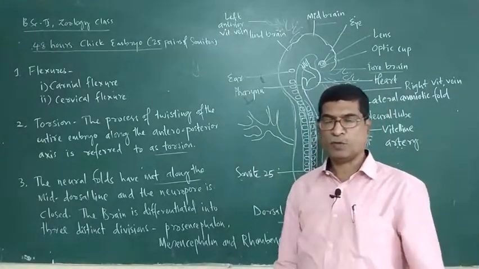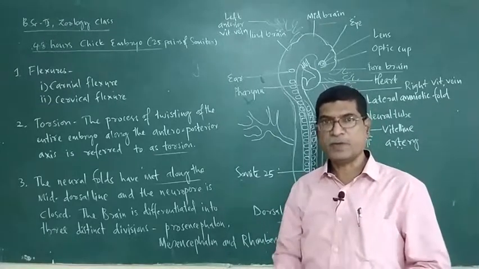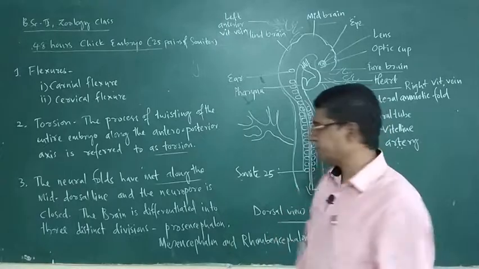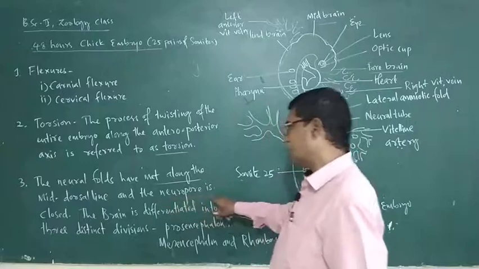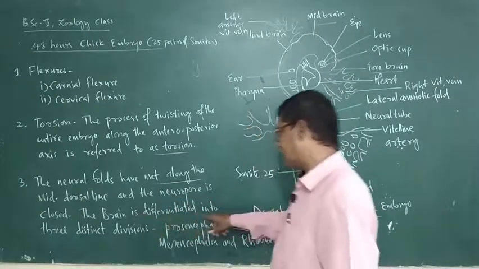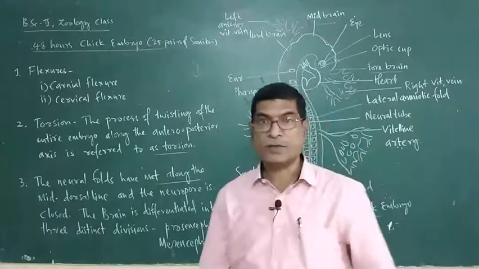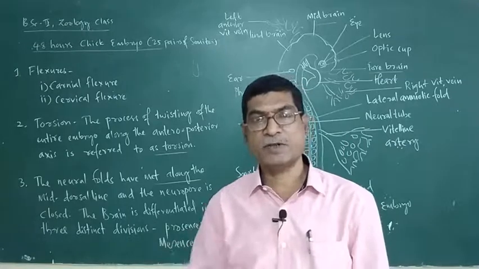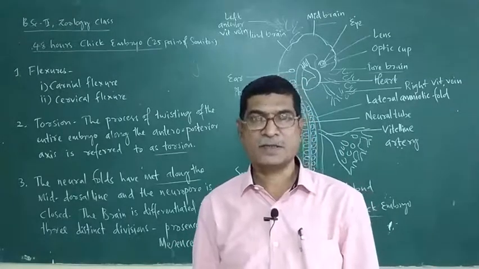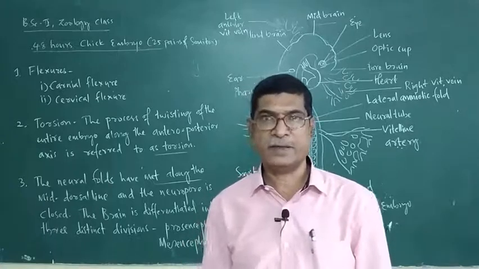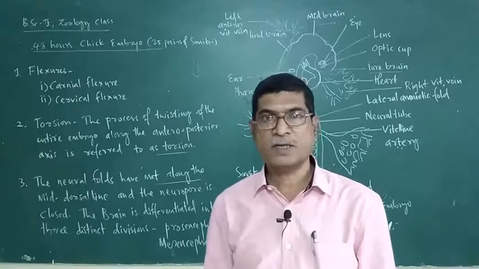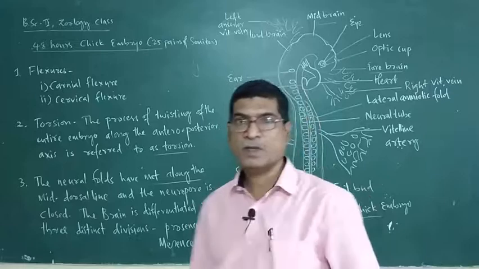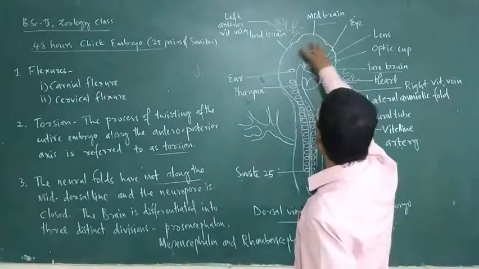The anterior tip of the neural tube had an opening earlier, but now it is closed. So the neural pore is closed. The anterior part of the neural tube is differentiated into the brain. Again, this brain is differentiated into three regions: forebrain, midbrain, and hindbrain. Forebrain is called prosencephalon, midbrain is known as mesencephalon, and hindbrain is called rhombencephalon. So this part is the brain.